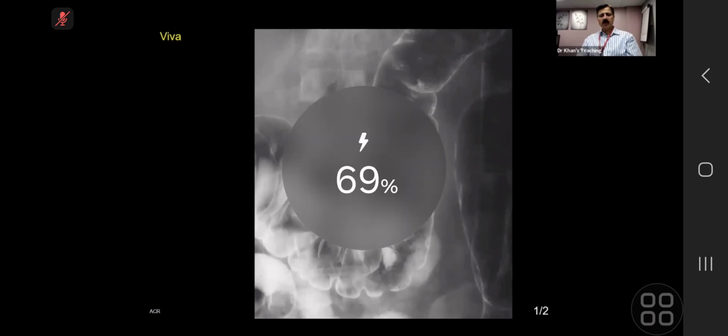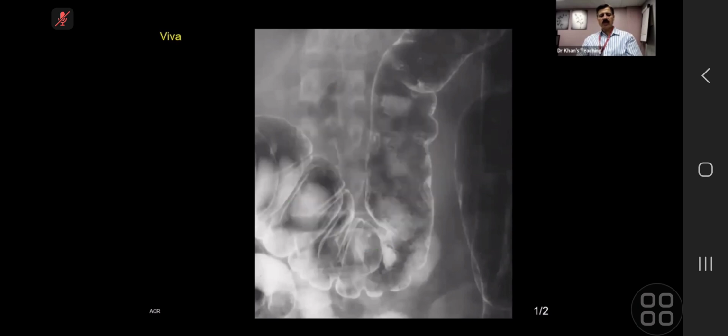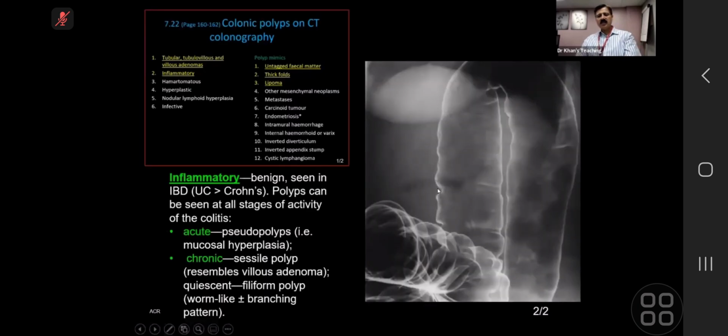Rose-thorn ulcer means it is a very deep mural ulcer, giving you, if you see it in profile, a Rose-thorn appearance. This particular ulcer has got a very unique shape, worm-like, filiform. And if you look carefully at the haustra here, you will appreciate that the haustra are lost. And this is a classical appearance of chronic polyps. These are technically pseudopolyps